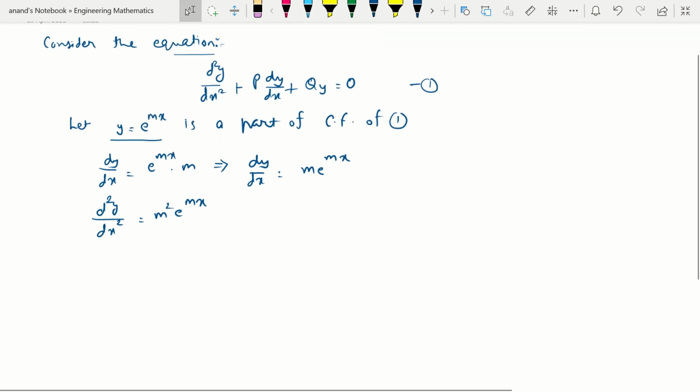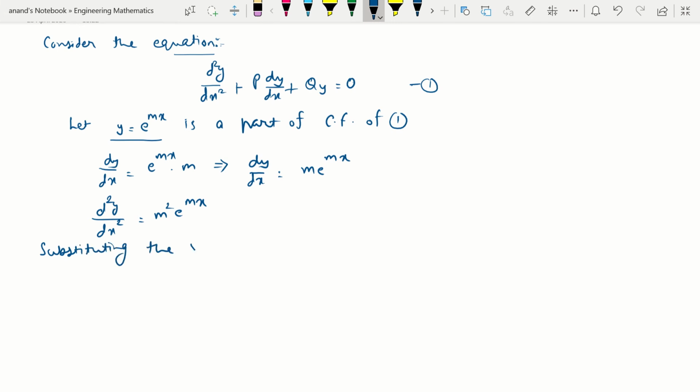Now substituting the values of y, dy by dx and d2y by dx2 into the first equation, we get